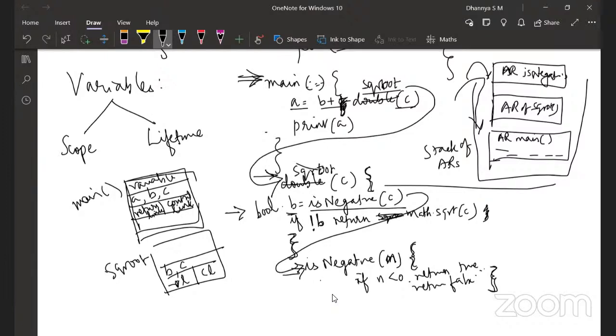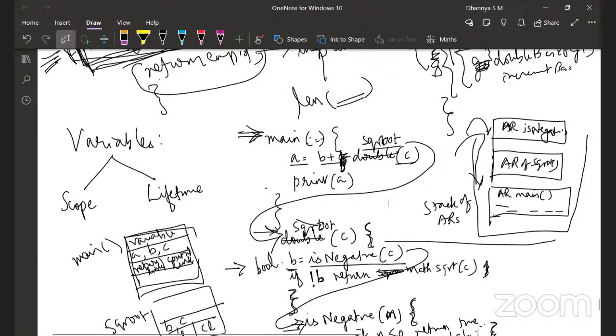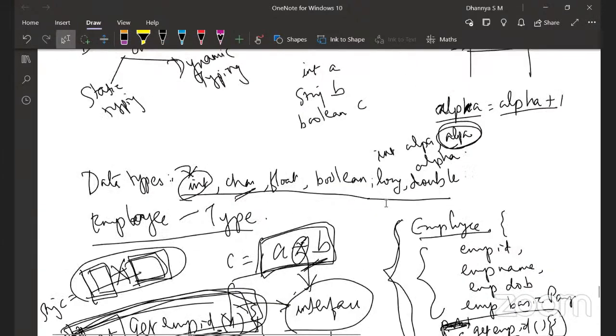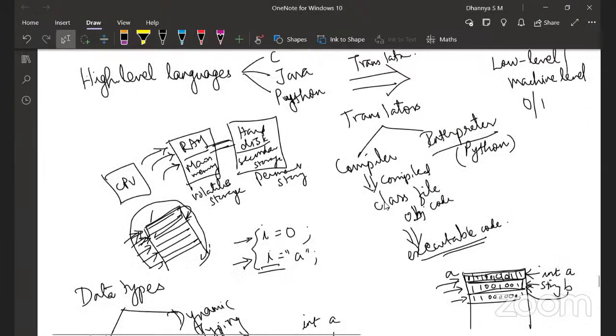Is it in the arithmetic logic unit? No, the arithmetic logic unit is part of the CPU. My main memory is RAM, as I told you in this figure. Yes, primary memory. You have the CPU here. Don't get confused between the ALU and RAM.